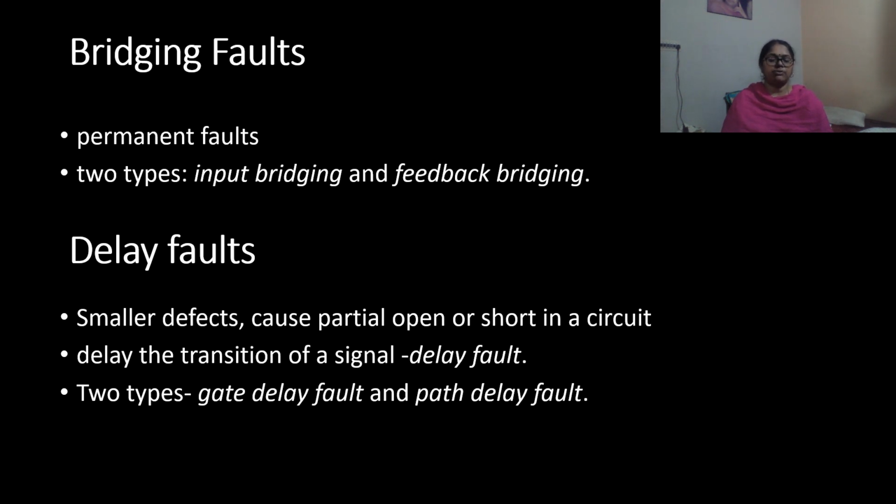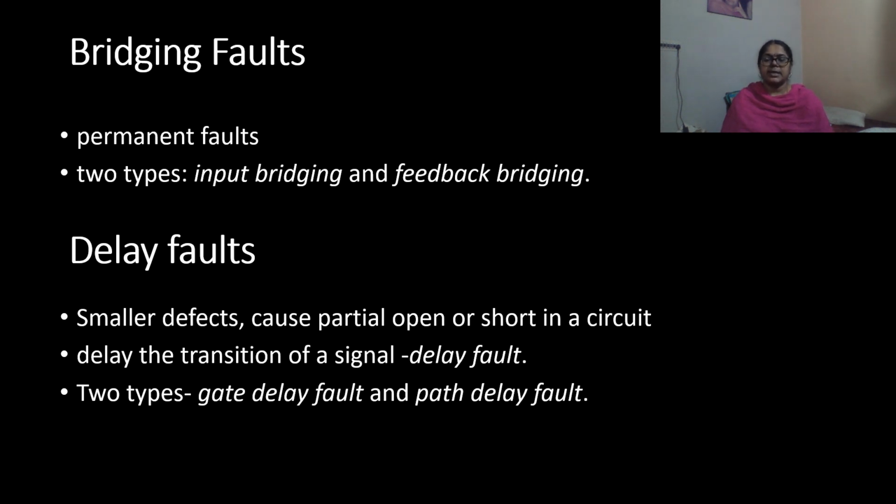An input bridging fault corresponds to the shortening of a certain number of primary input lines. A feedback bridging fault results if there is a short between an output and input line. A feedback bridging fault may cause a circuit to oscillate, or it may convert it into a sequential circuit.